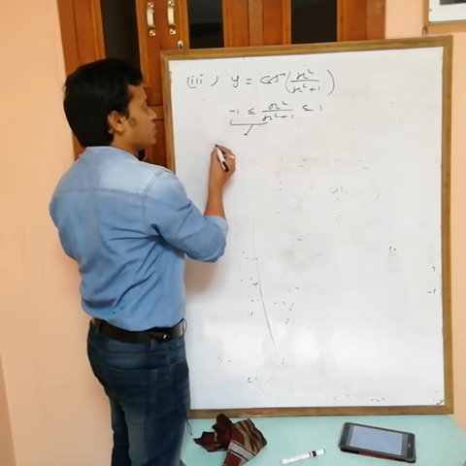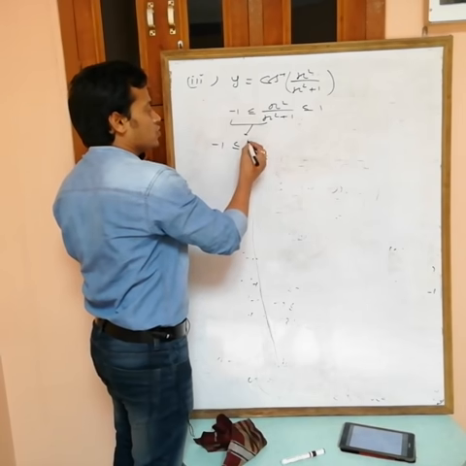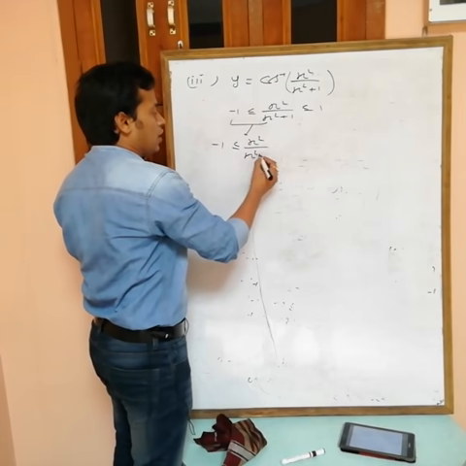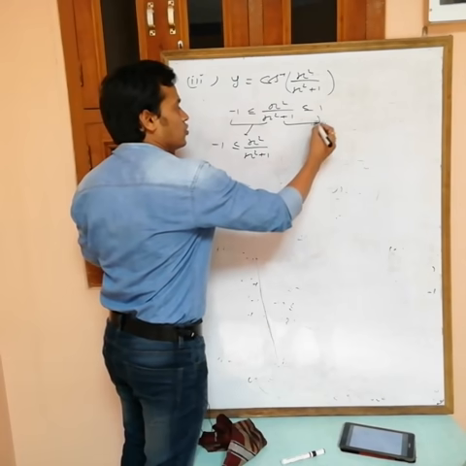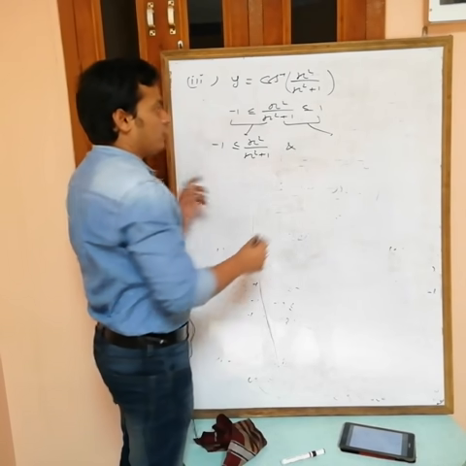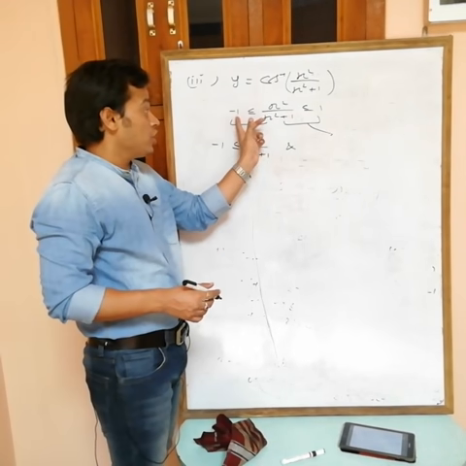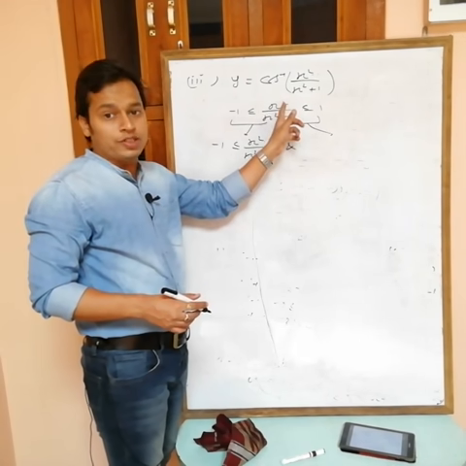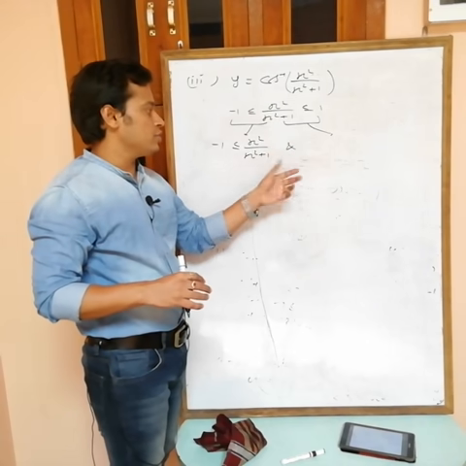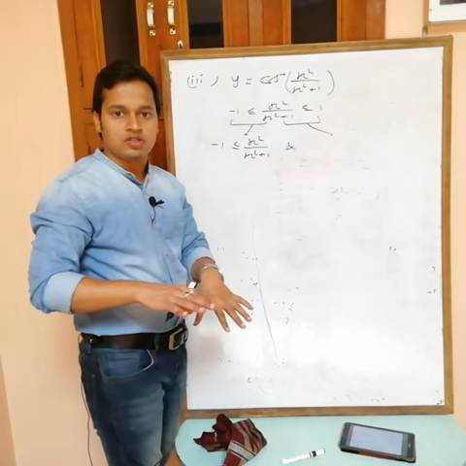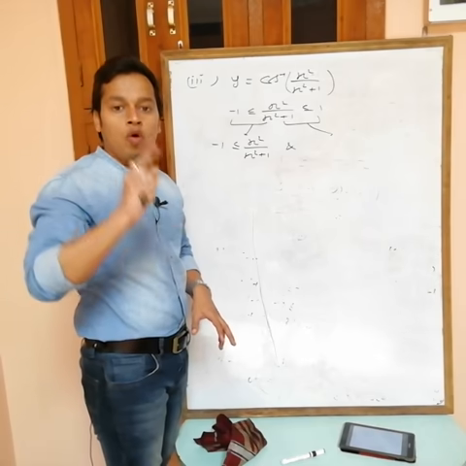If you are solving this one, what we are getting, minus 1 less than or equal to x square by x square plus 1. And if you are solving this one, we have to satisfy both. So this one and this one, this must be greater than or equal to minus 1 and also less than or equal to 1. So, "and", na, and means intersection. Solve this one, then take intersection of both. And means intersection, or means union.